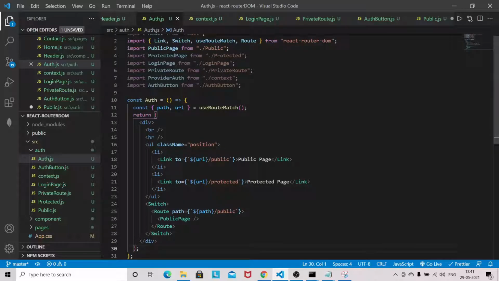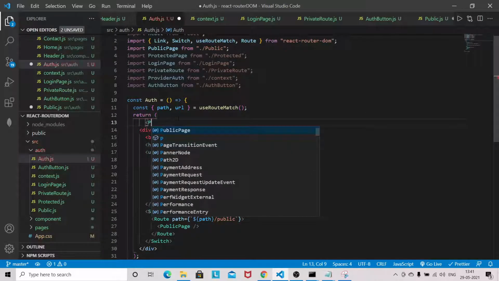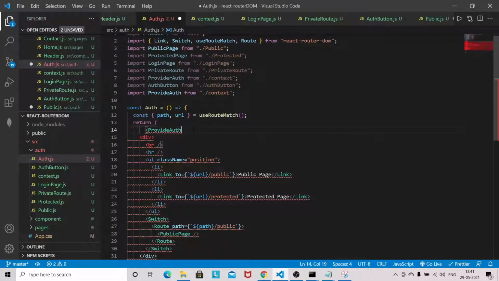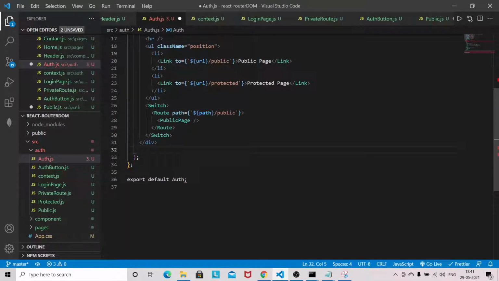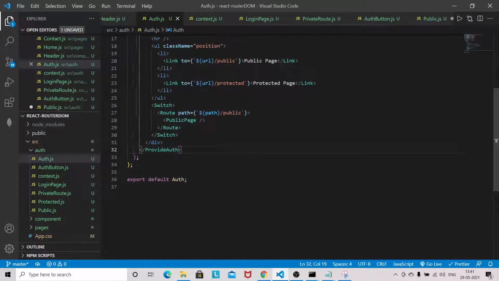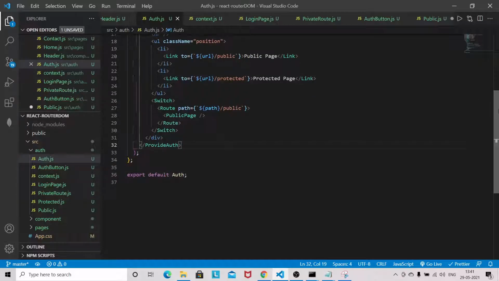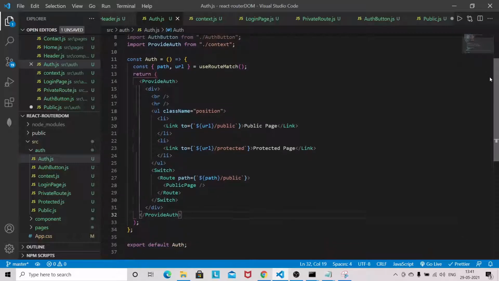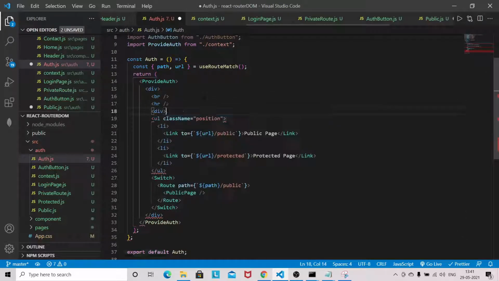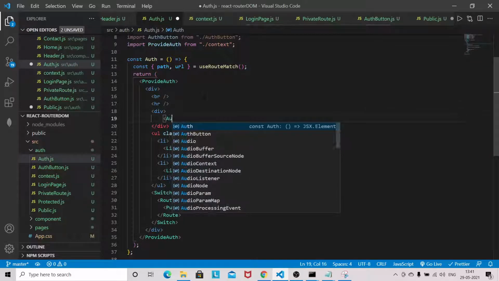So first we will wrap the entire component with the provider auth. Then only we'll be able to use the context. Now we have to give one more div here, so here it will be your auth button.